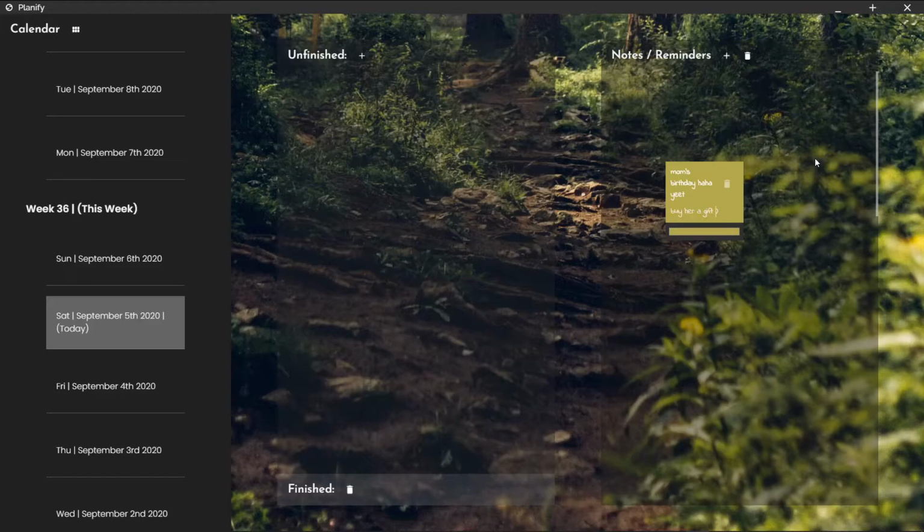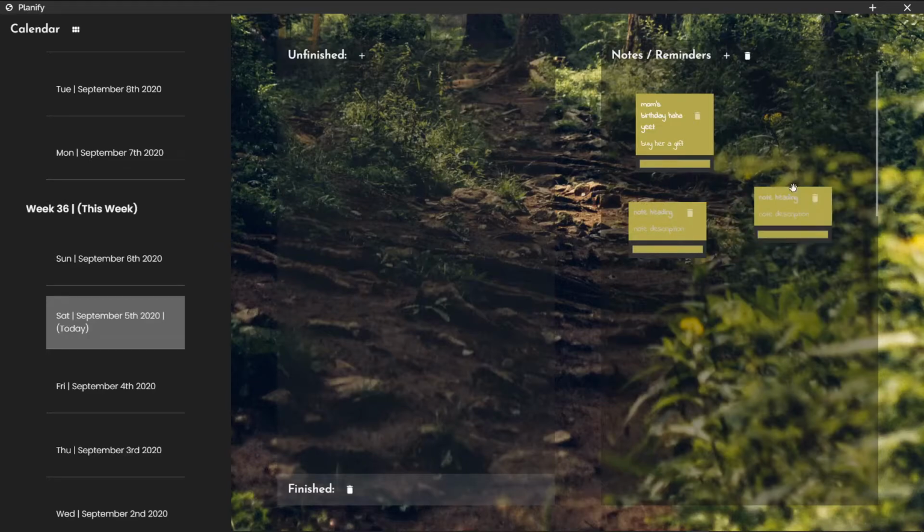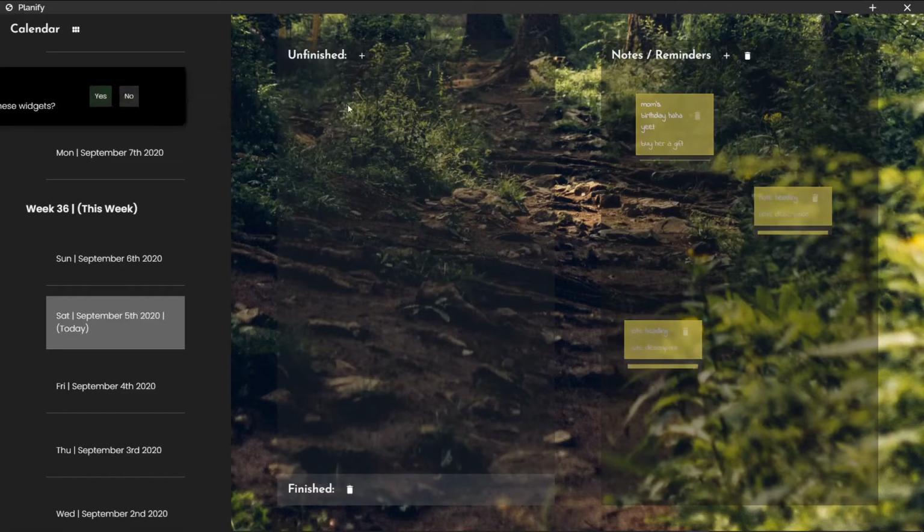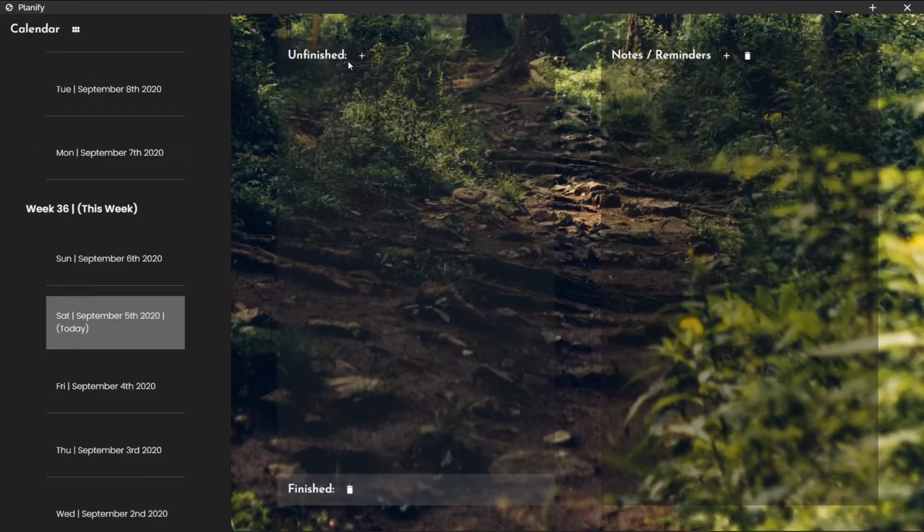So for example, you can do that. And for each section, there's always this delete all button, remove all notes button,